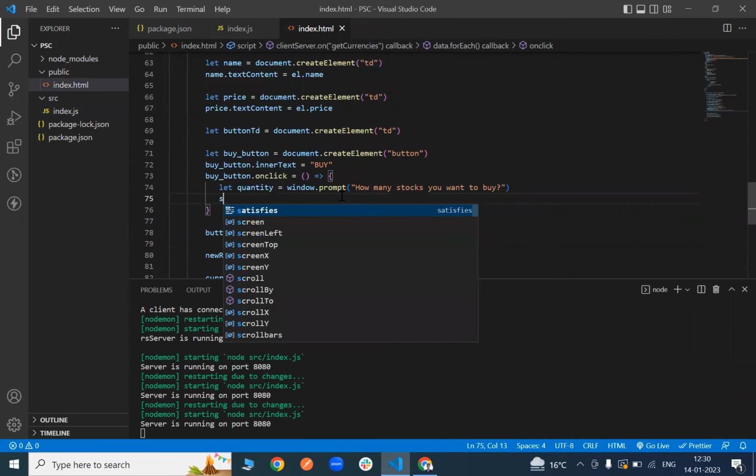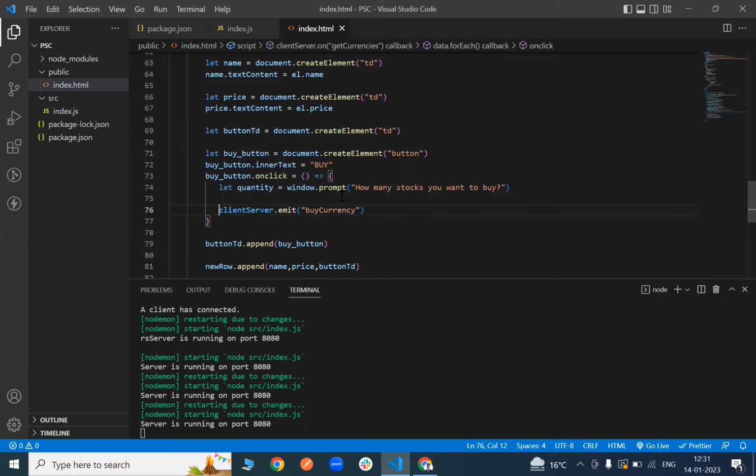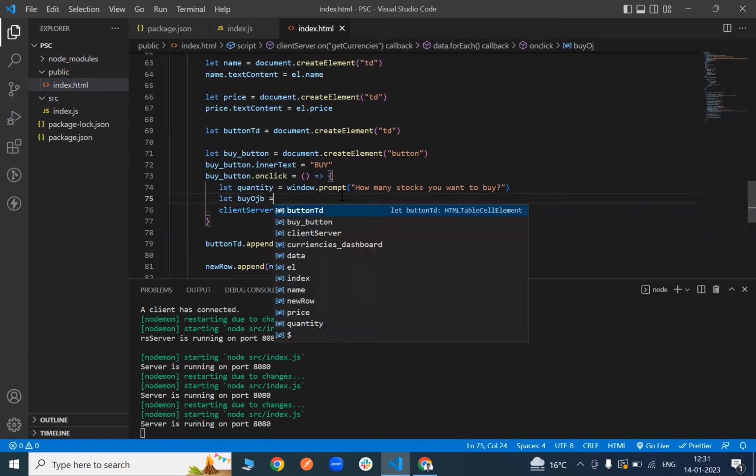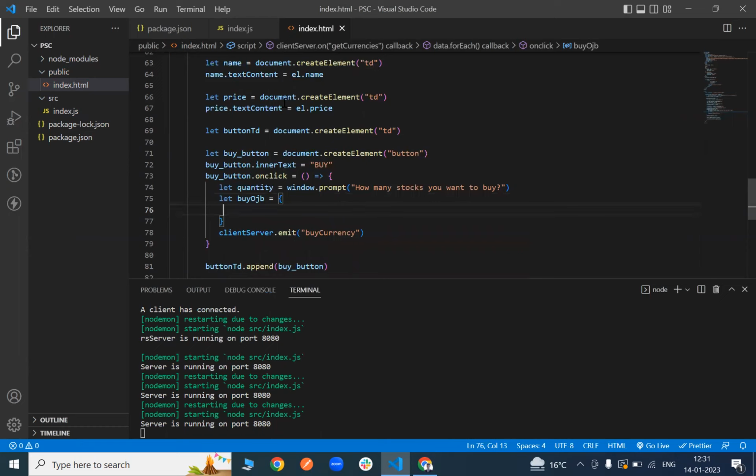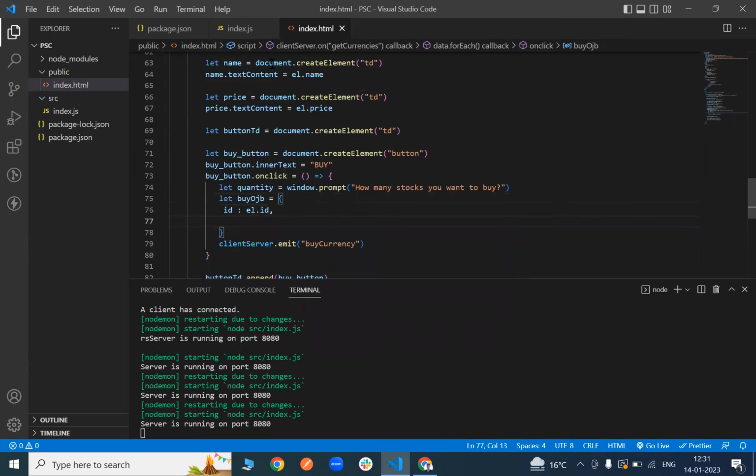we'll be emitting an event from here, client server dot emit, buy currency. Right? So let's make an object which will be having the user's information. It will have id dot id, the name, l dot name,